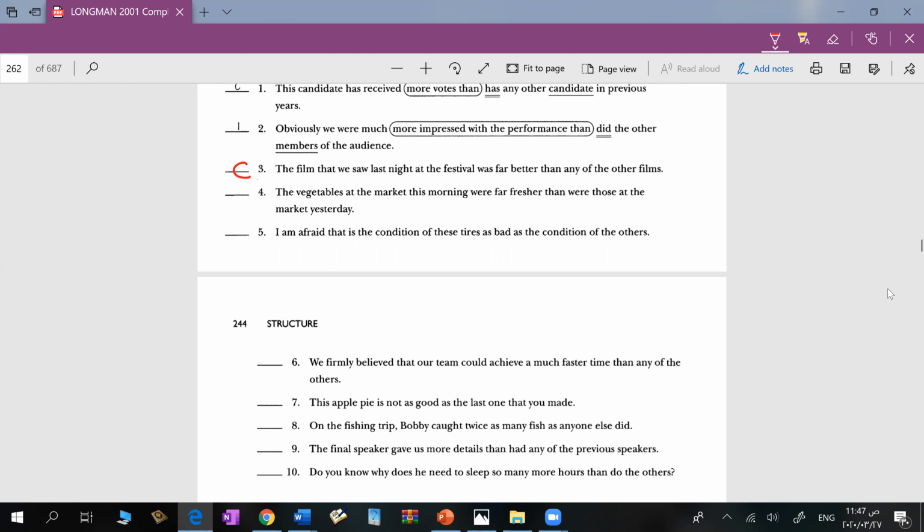Okay, the vegetables at the market this morning were far fresher than were those at the market yesterday. I think correct. I am afraid that is the condition of these tires as bad as the condition of the others. Incorrect. Look at this sentence again. I am afraid, subject and verb, that